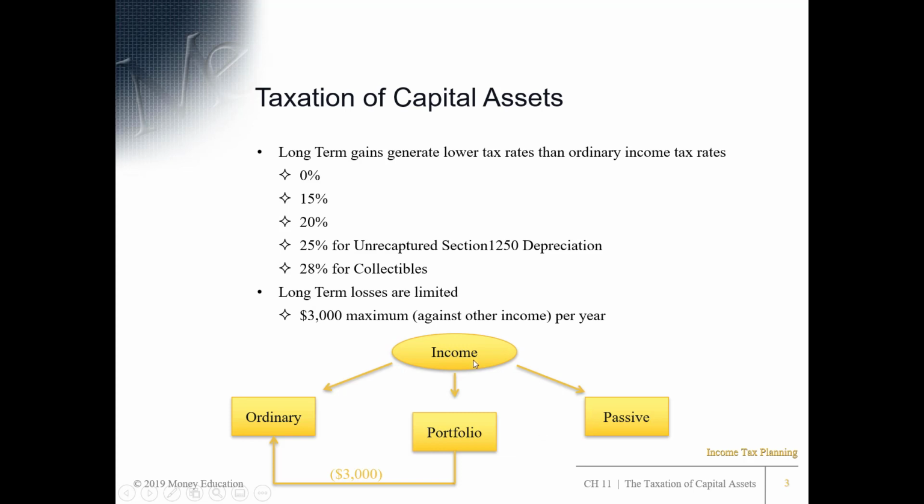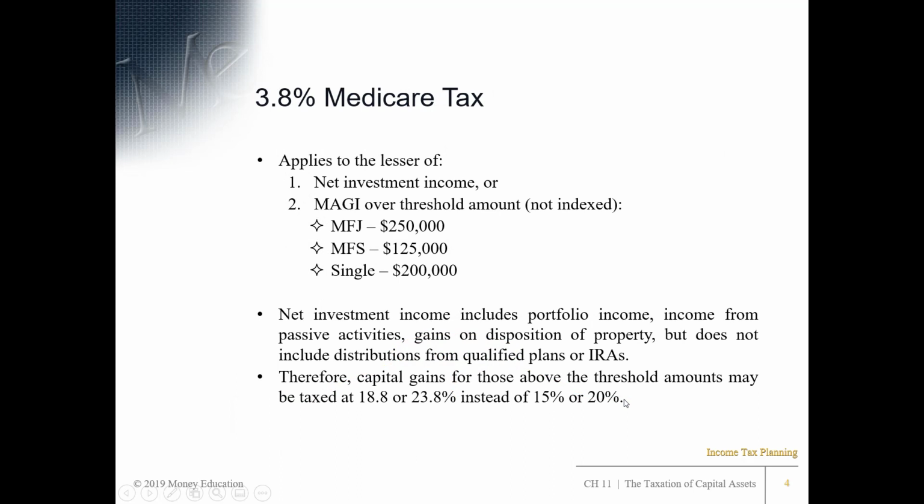If you look down here, it shows income. It could be ordinary, which would be the sale of inventory, or it could be portfolio, or it could be passive. There's an additional current 3.8% Medicare tax, which applies to the lesser of net investment income or modified